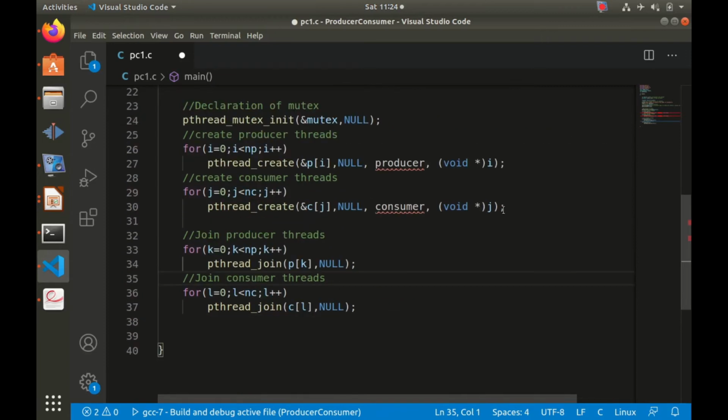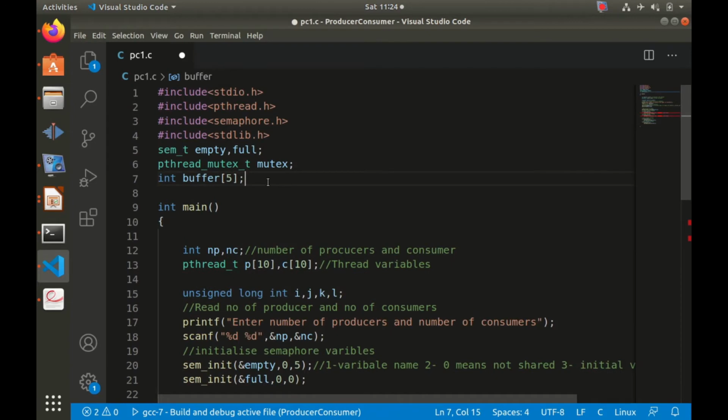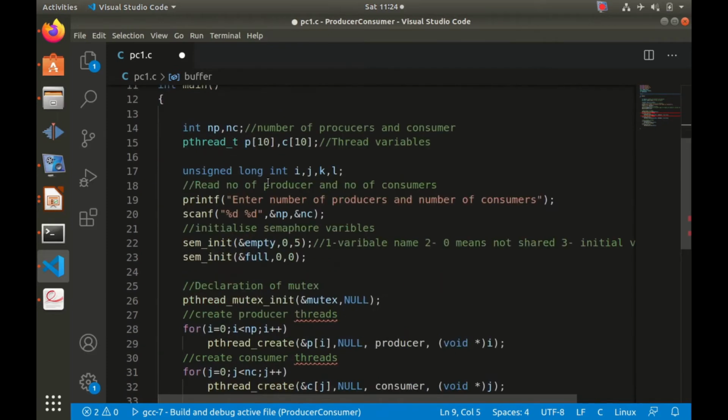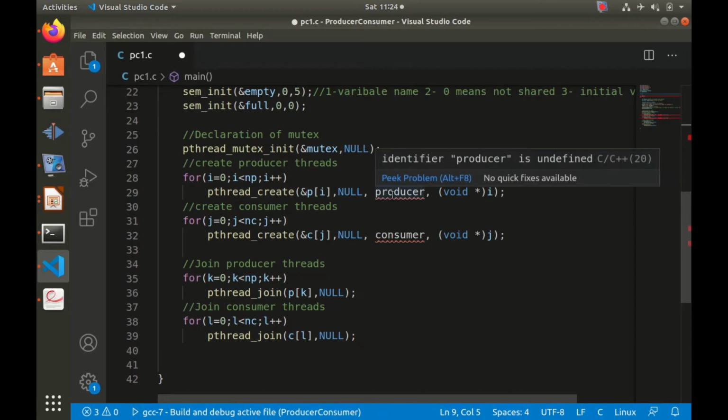Now this producer will call the producer function, consumer will call the consumer function. Now let us try to write these functions. Function definition is void star. Always the function definition is a void star. So these are the address of the thread variable, default attributes, name of the function, and argument.